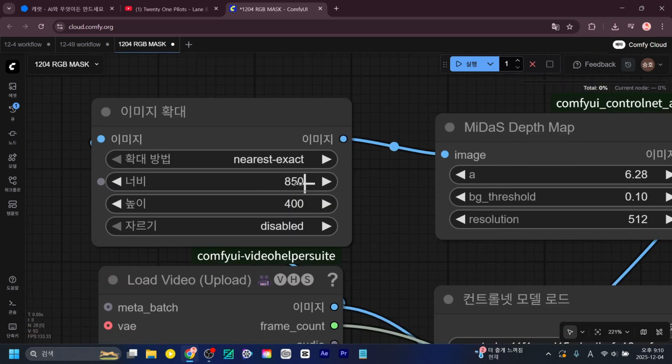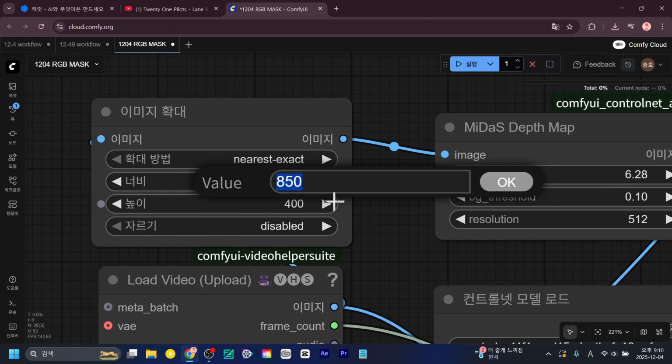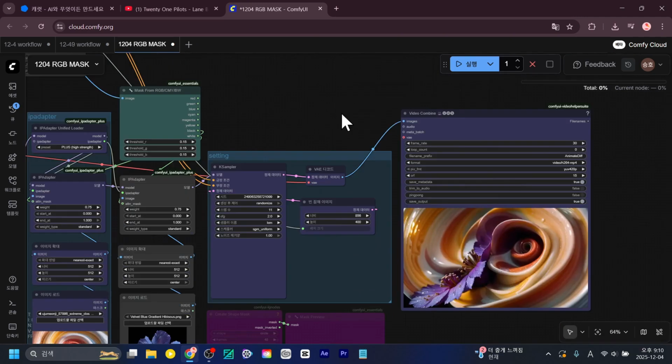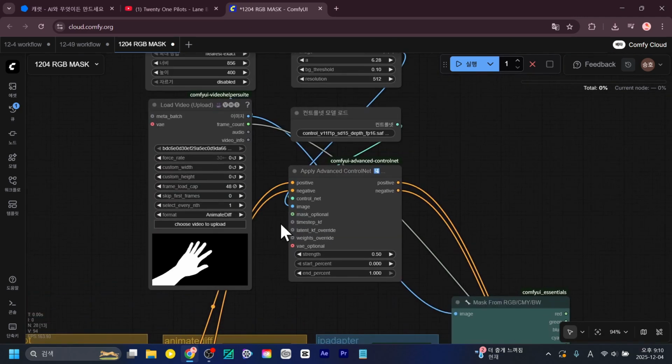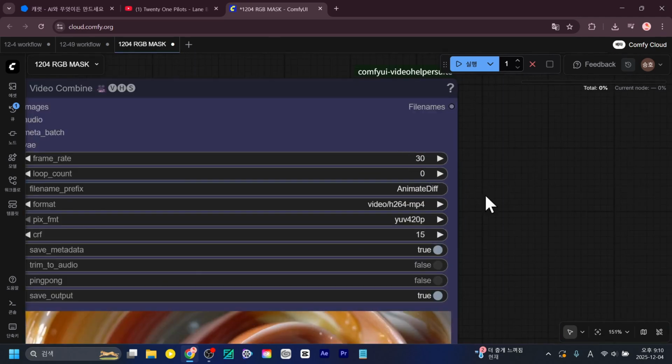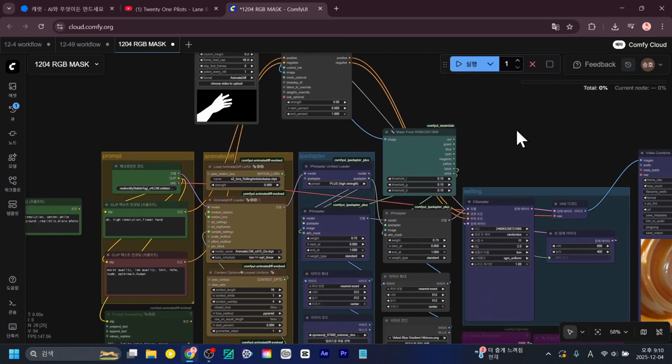This one is 856 by 400, so we could just set it to 8566 as well, right? Let's do it like this. It's 48 frames, right? Let's try running this at 30 frames per second, and then we will run it again at 30 frames per second.